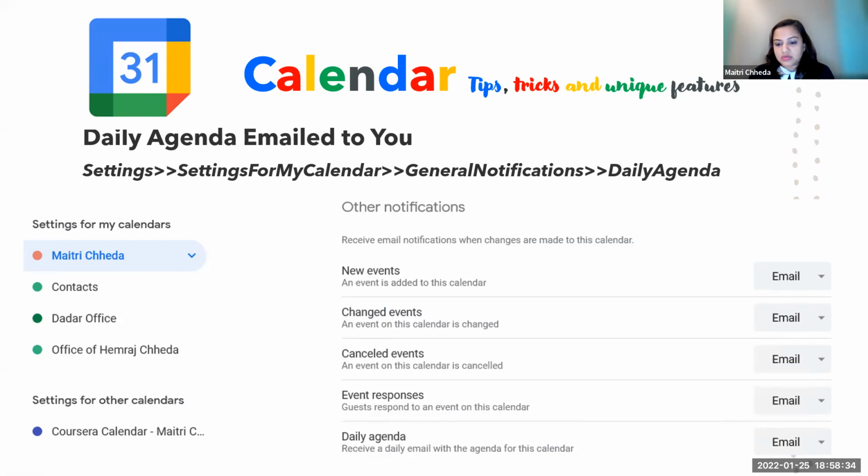If you want your daily agenda to be mailed to your team as well, what you could do is create a filter in your Gmail, saying that if you receive this daily agenda, forward it to so many people in your team. And then every day when Google sends you this daily agenda, it will automatically go to your team as well. Okay, this is just a hack which you could use, if you are very particular about your productivity and daily agenda and everything, and you're using calendar regularly, this daily agenda could help a lot.